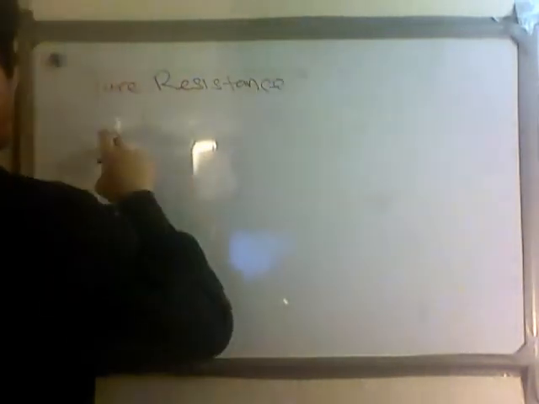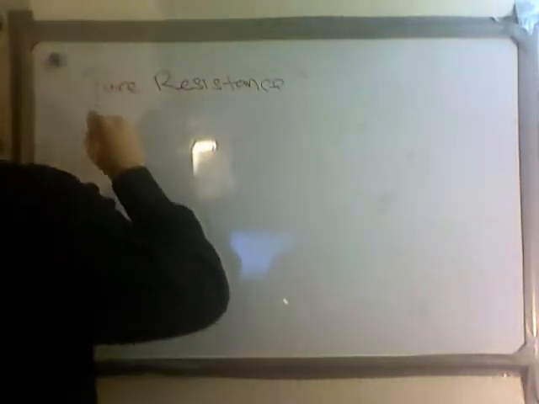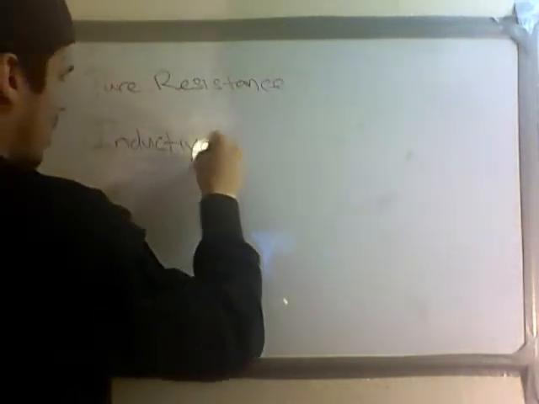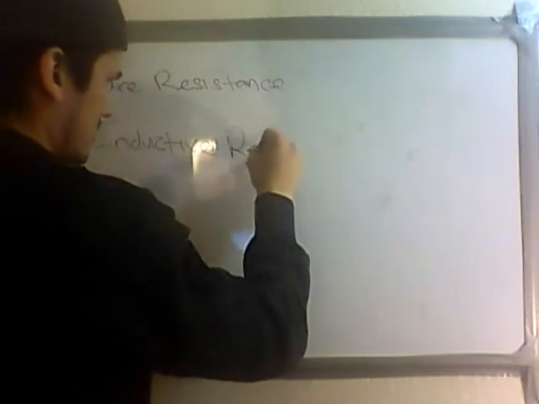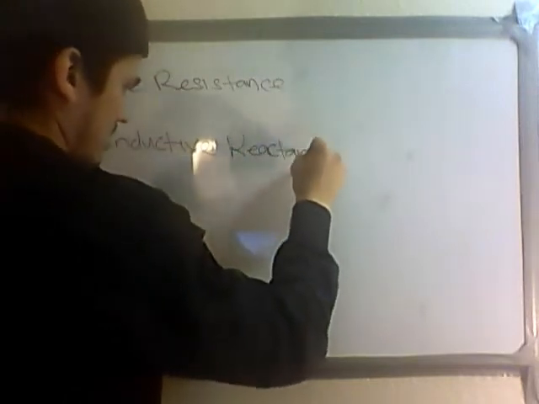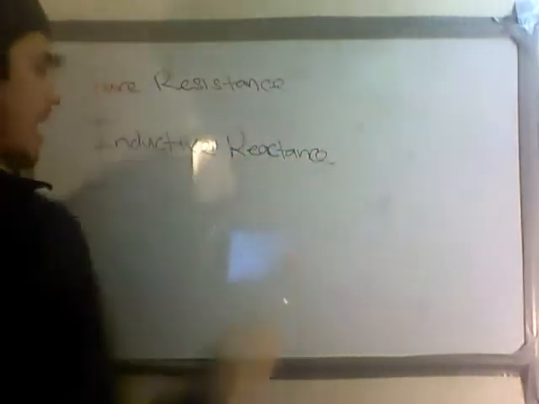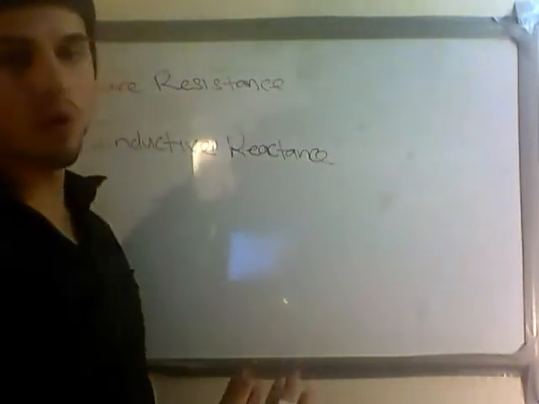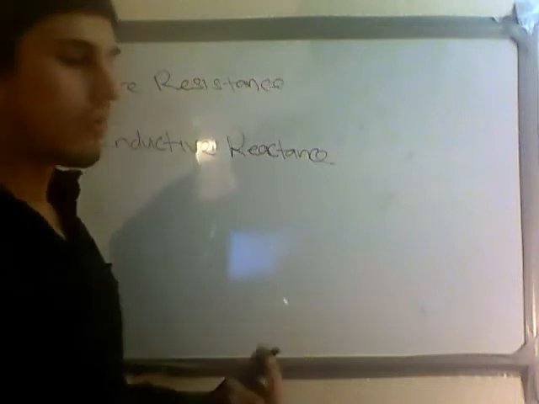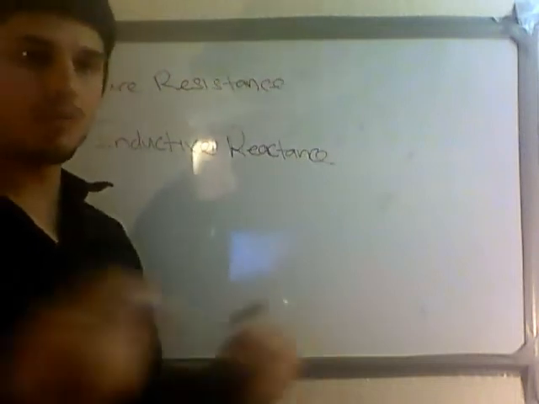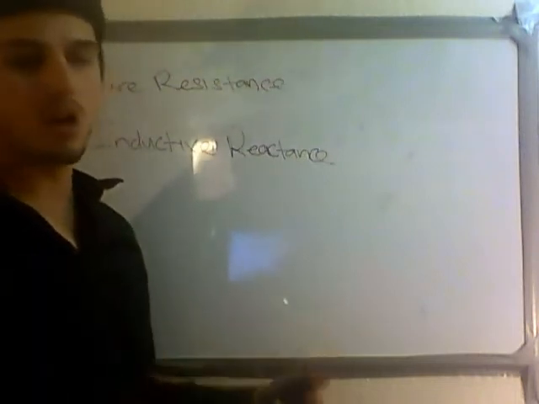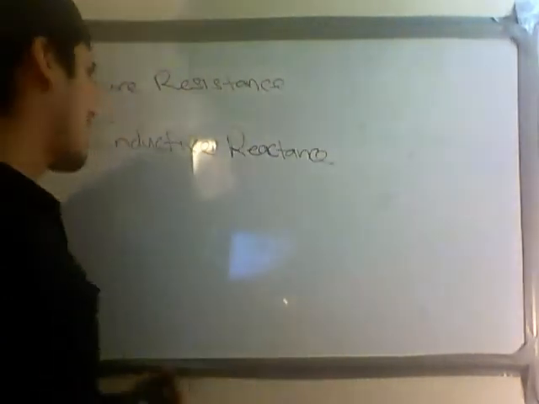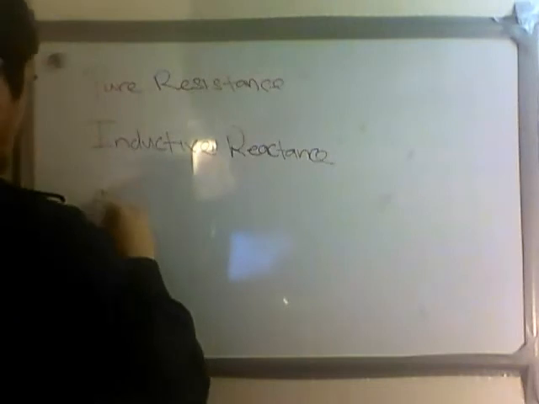The second type is called inductive reactance, and inductive reactance can be motors, anything that uses a solenoid coil and generates its power using the opposition of electromagnetic forces and opposition of voltage, things like that. That's inductive reactance. And your third type is capacitive